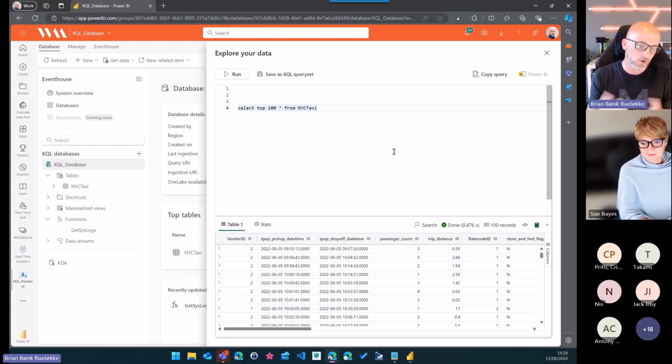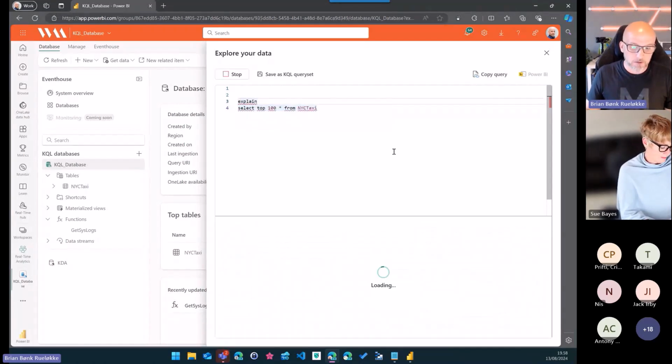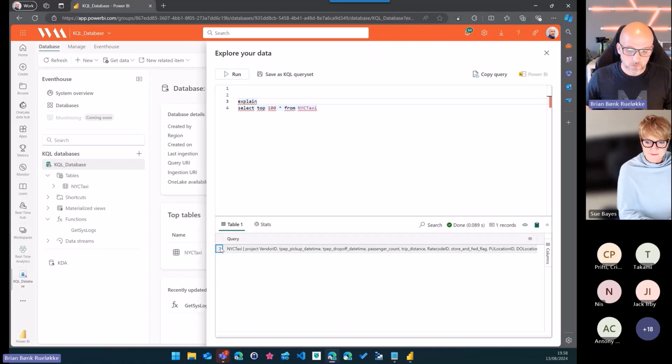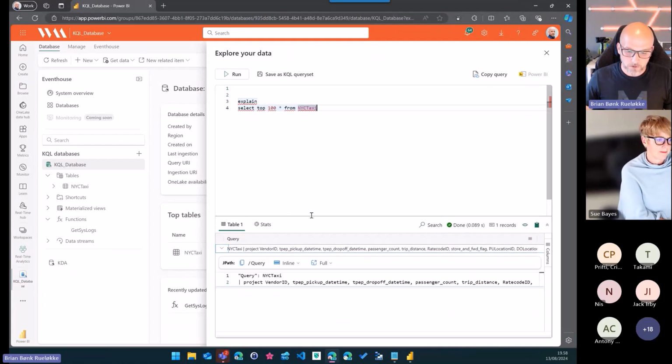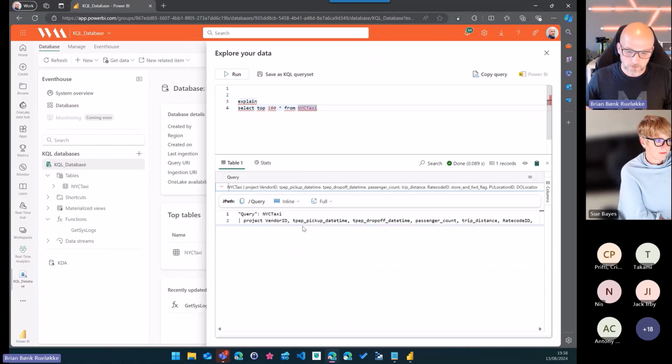But if you want to learn Kusto, then begin to write your SQL. And then you might ask, how can I learn Kusto from writing SQL? Well, just write explain on top of this, execute it, and you will see the result set is actually your Kusto query set, your Kusto select statement. Let me show you. There you go.